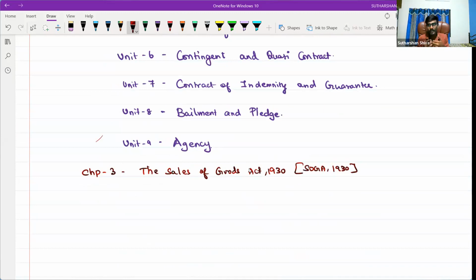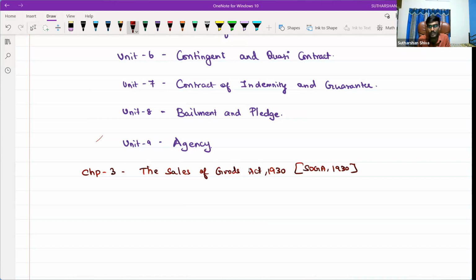What they came to know is that this Act was becoming larger, so to make it easier for administrative purposes, they extracted the sales-related provisions of the contract and formed a separate Act called the Sale of Goods Act 1930. Even after 1930, as the Acts became very large, they extracted the partnership provisions, and from 1932 it was called the Indian Partnership Act, which you have studied in your 11th or 12th curriculum.